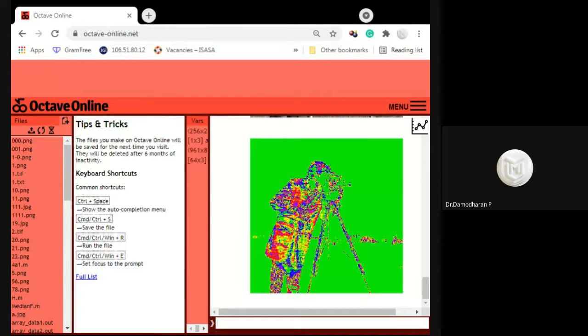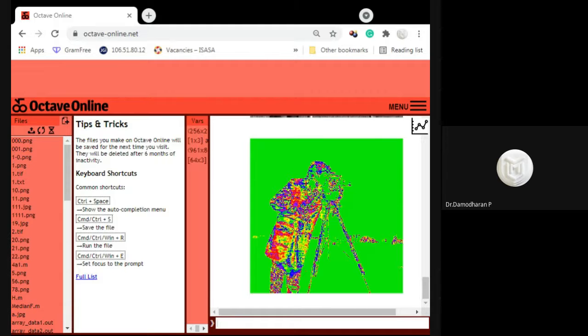We can change the prism color map value to jet, or we can use summer, winter, or cool. Try to execute this program and share the screen to me for verification.